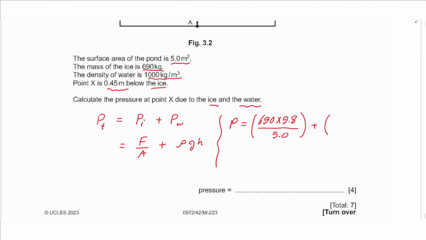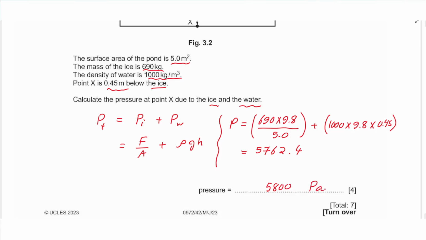Then we add the pressure of the liquid, which is the density 1000 multiplied by the gravity field strength 9.8 multiplied by the depth, which was 0.45. That gives a total answer of 5762.4, which we can approximate to 5800 or 5.8 times 10 to the power of 3, and the unit for